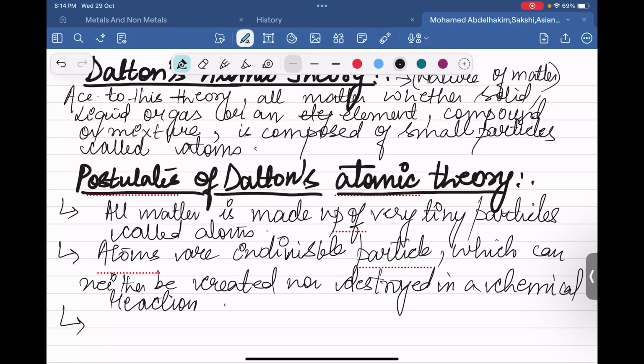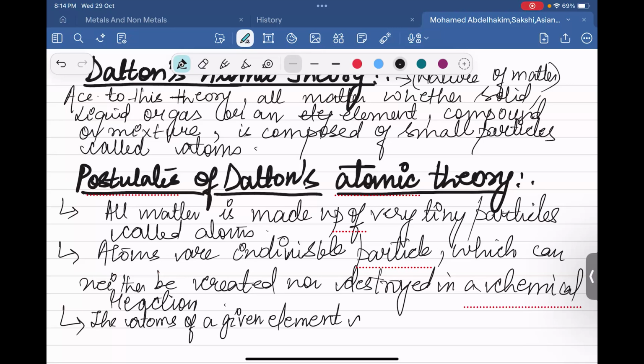The third point is the atoms of a given element are identical